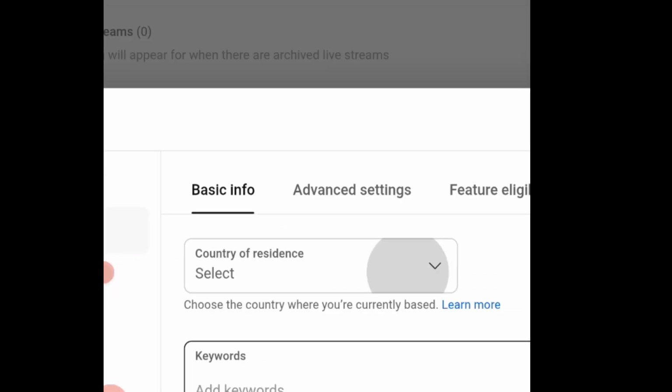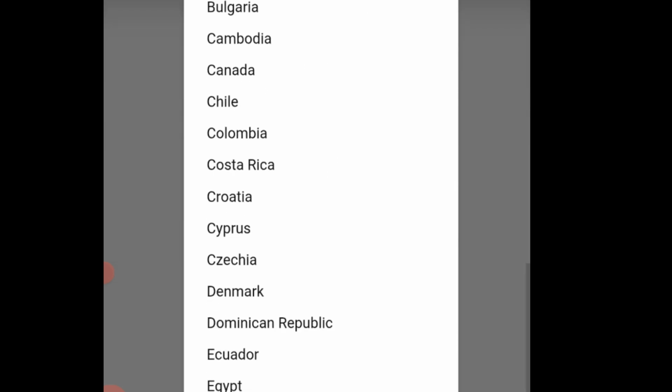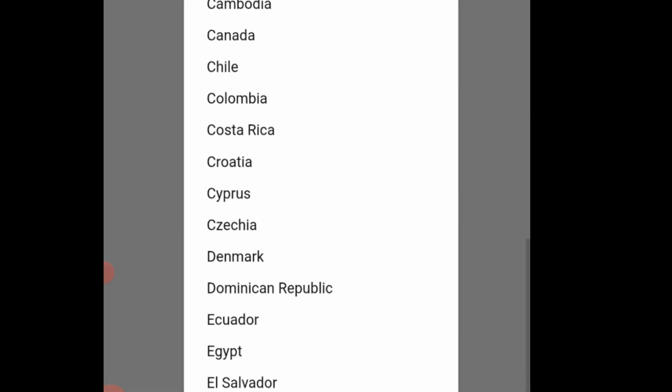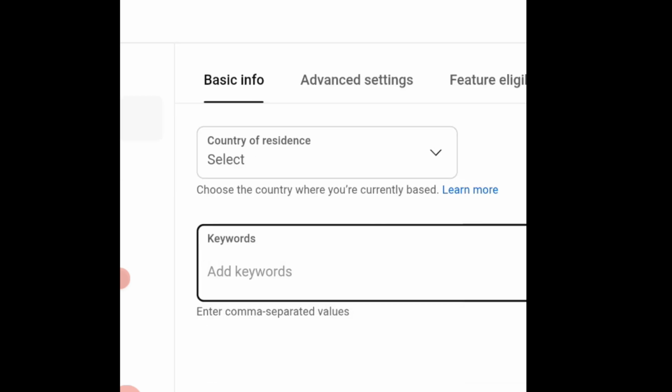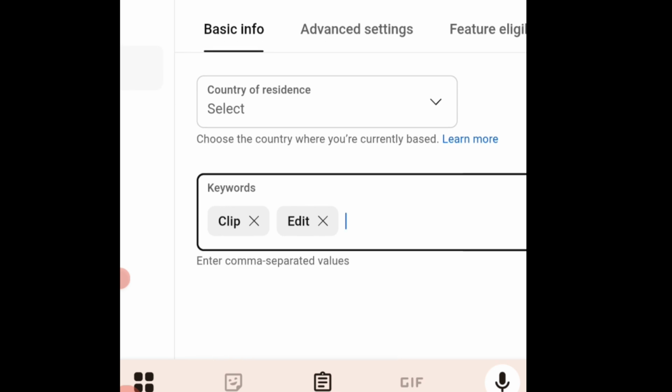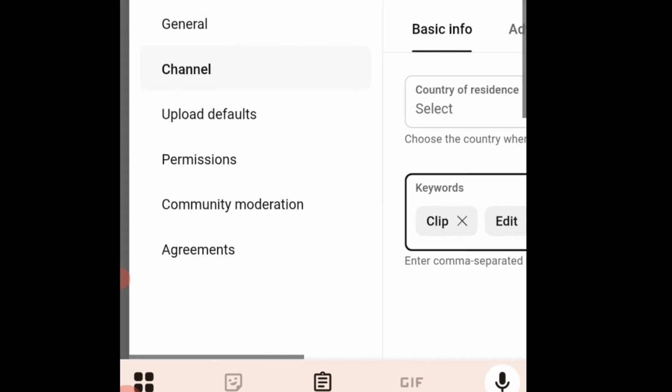You select your country of residence. You just select your country and here you add keywords that will lead to your account, like, we can say clip, edit, and all that. After that, if you come to advanced settings, here